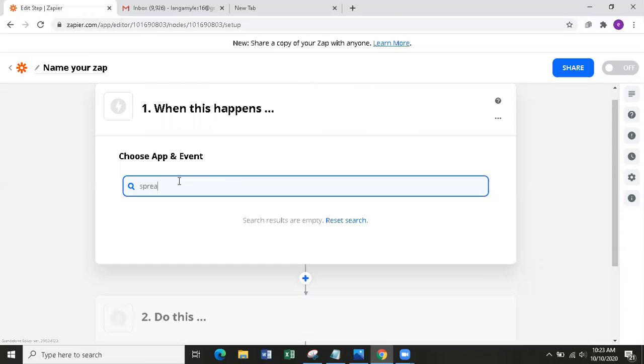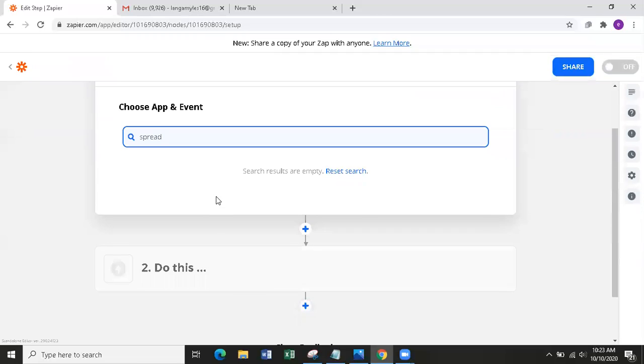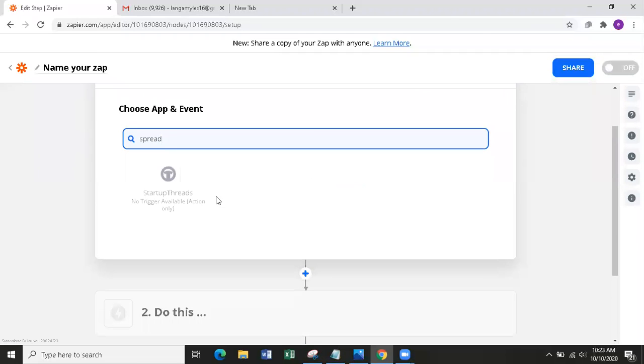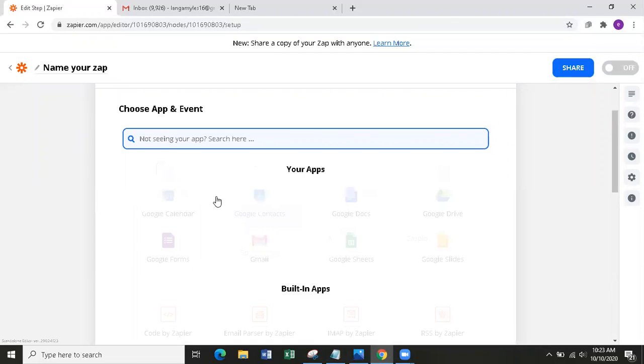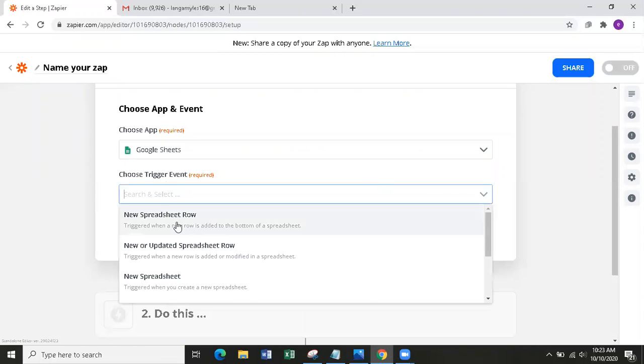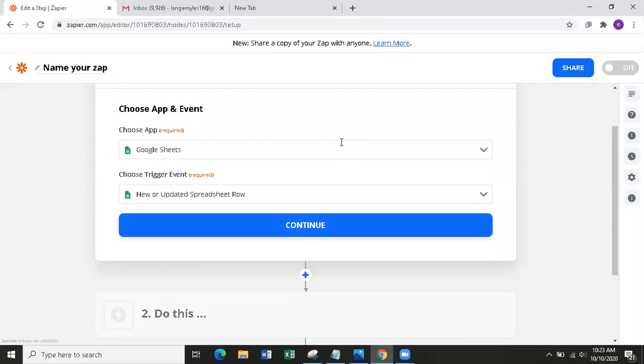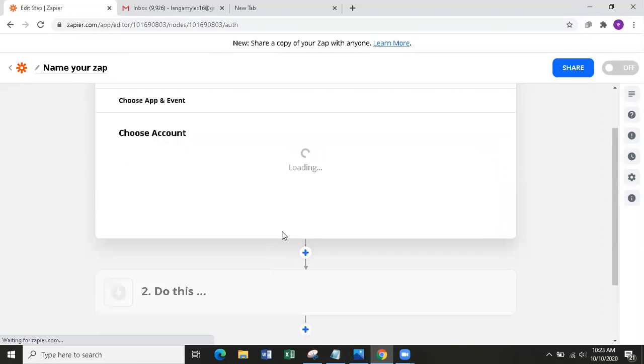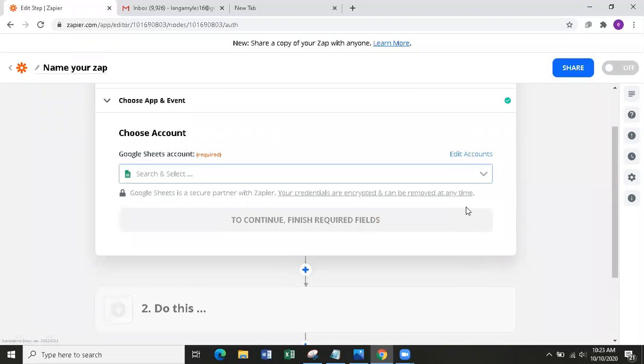So I'm just going to choose a spreadsheet, new or updated. For instance, I wanted to get notified whenever there are updates on my spreadsheet. So that's why I'm choosing a spreadsheet app. And then